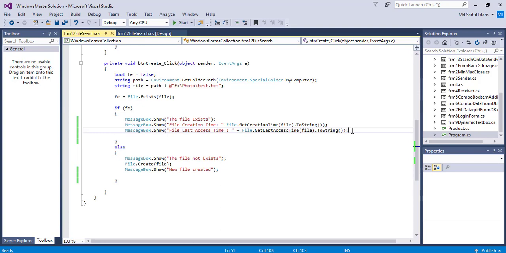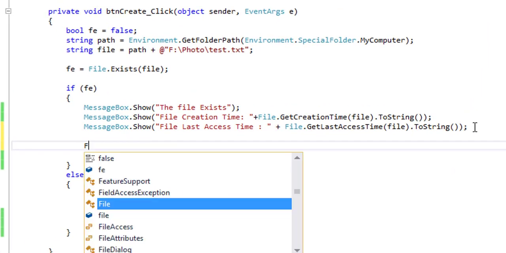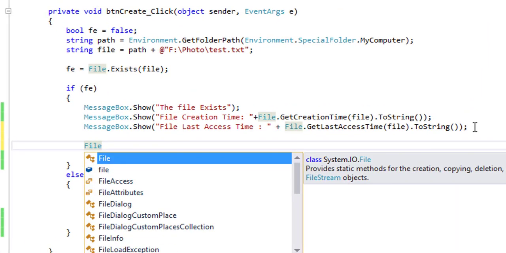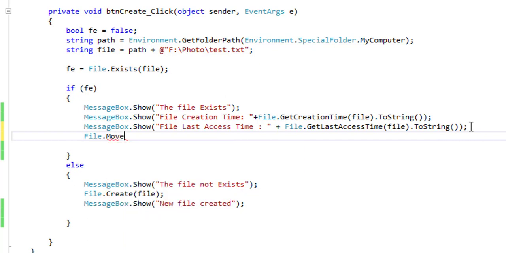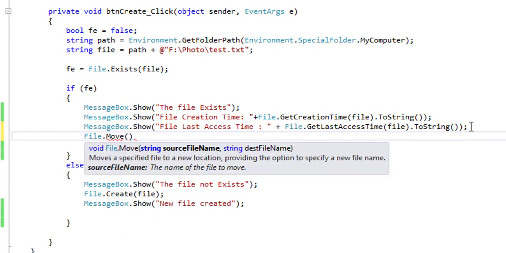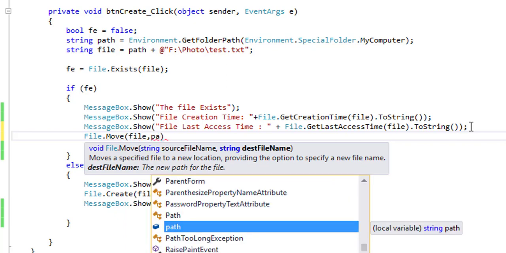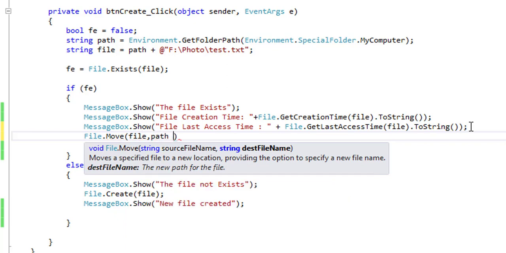Now I will show how to rename this existing file with another name. To rename this file I will write file dot move, file path plus.